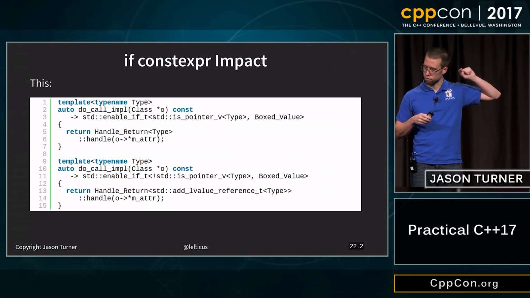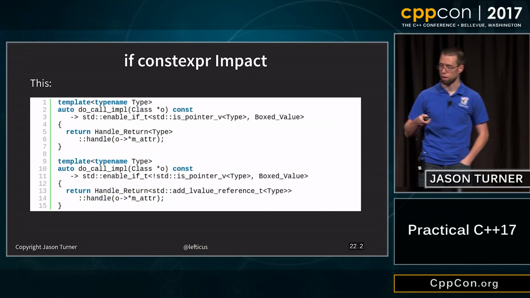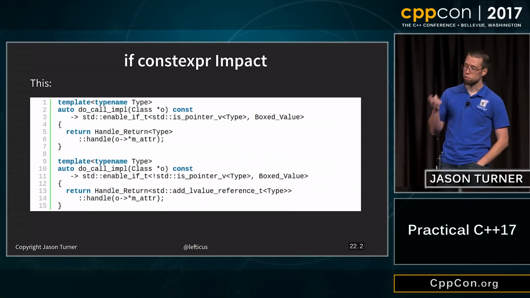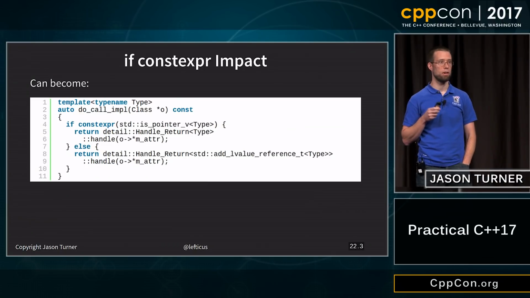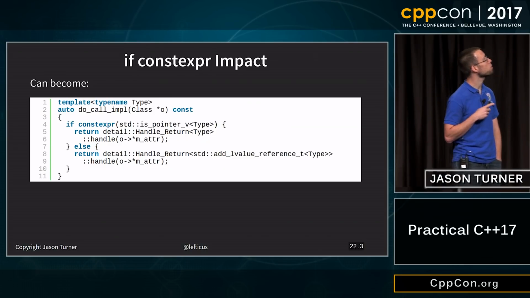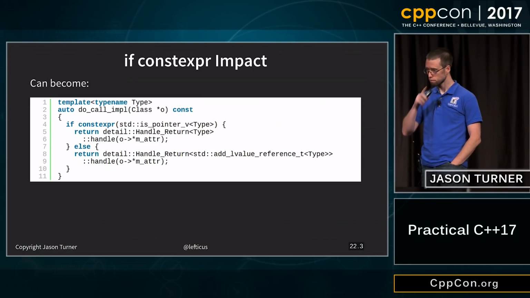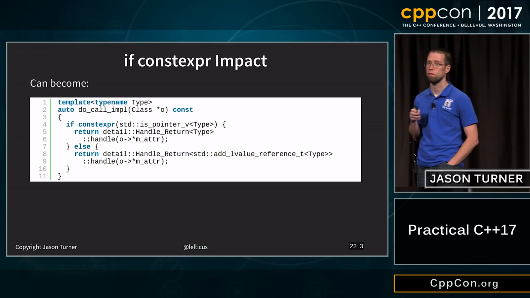So I have to determine, let's see, what are the two versions here? If it's a pointer that's being returned versus not a pointer that's being returned, I have two different ways that I have to handle it. I was able to merge them into one version. I like if constexpr, it made me happy, and it helped a lot for code like this, where I have to make determinations based on type. It eliminated about half of my SFINAE usage.